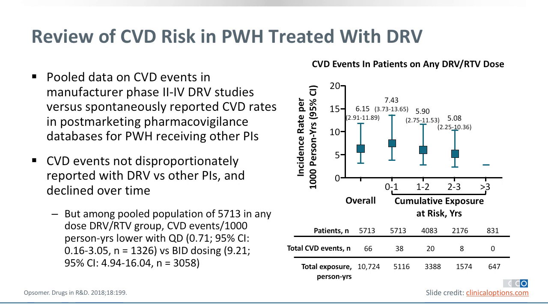But this was non-comparative. They weren't comparing this to non-darunavir containing regimens. It's just making the observation that there may not be an increase in cardiovascular events that is of concern with